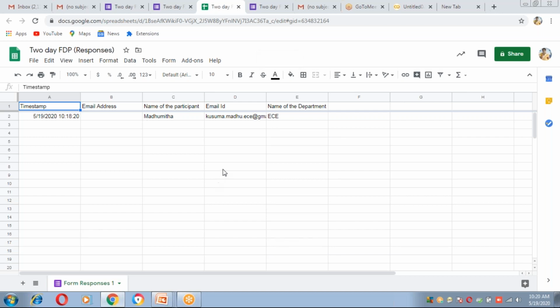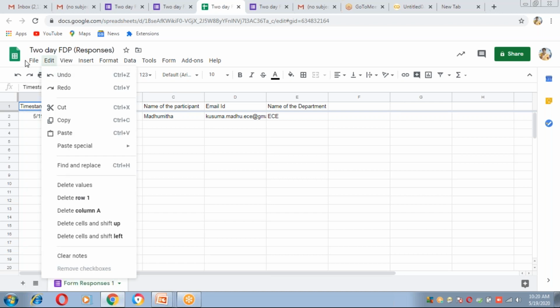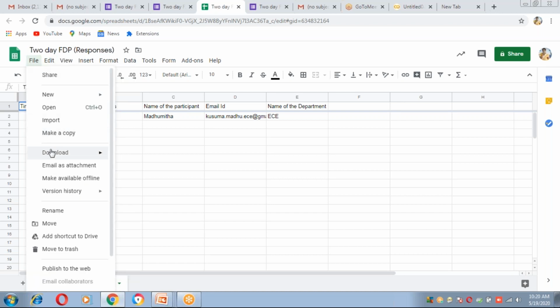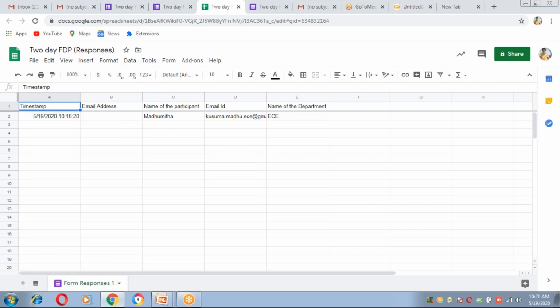This spreadsheet is now online, so we can download it. To download this spreadsheet, on the left top corner, this is File. In this File menu, come down, and this is Download.